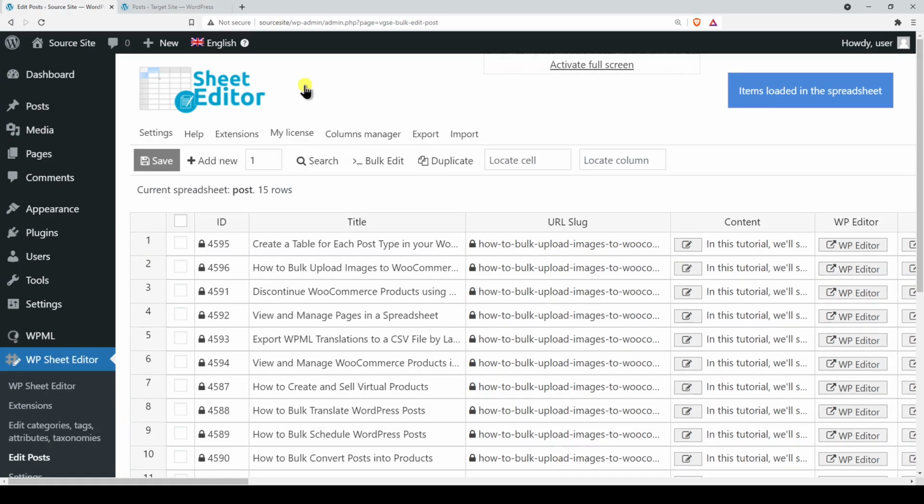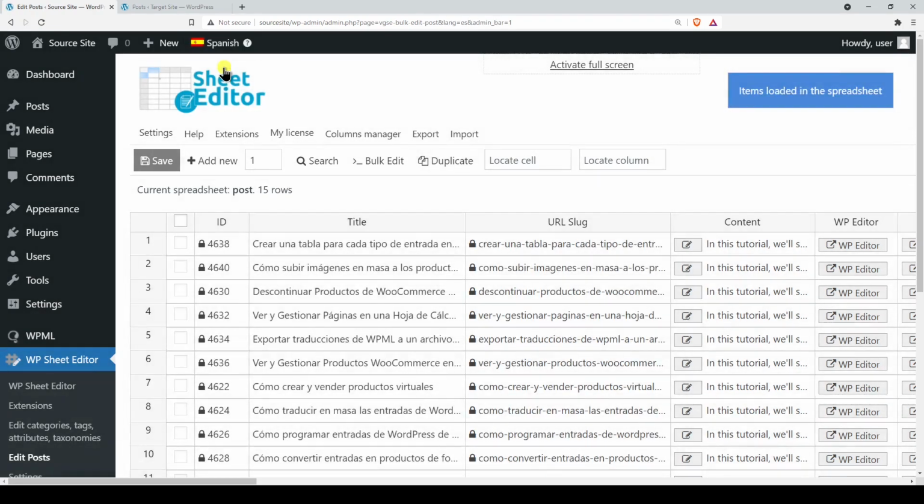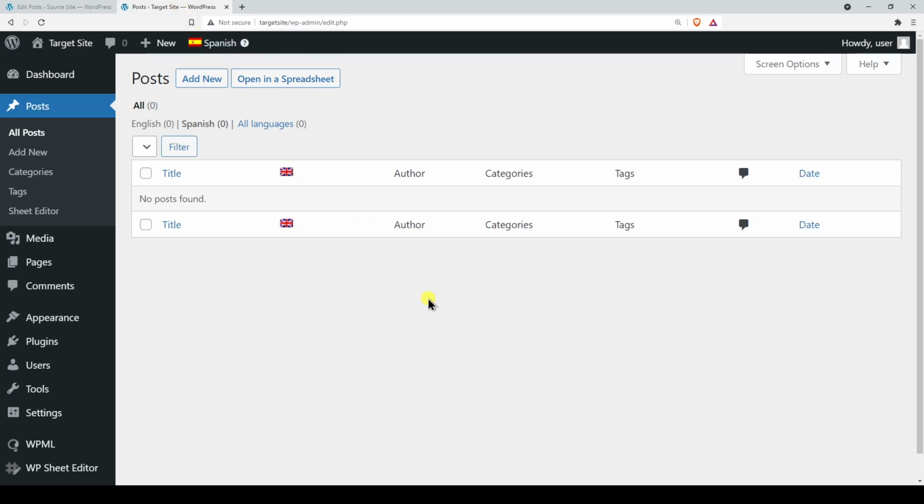WP Sheet Editor shows your posts on a spreadsheet, and the content displayed depends on the WPML language you select. We have the source site with some English posts. Also, those posts have their Spanish translations. On our target site, we don't have any posts, so we need to migrate the posts from our source site